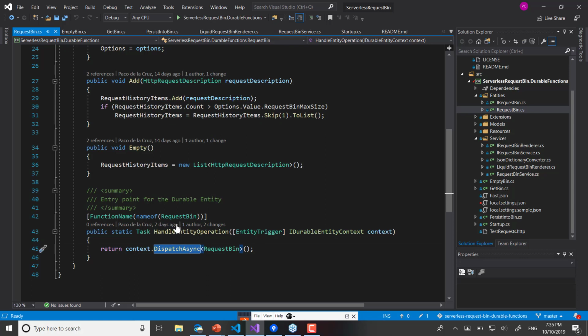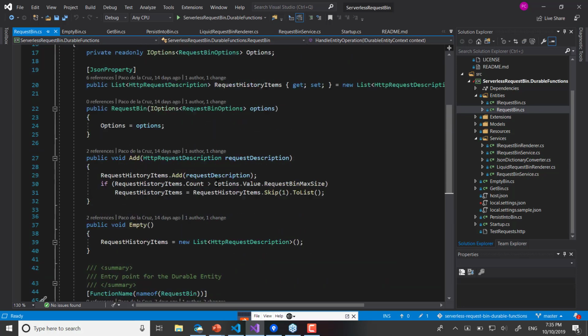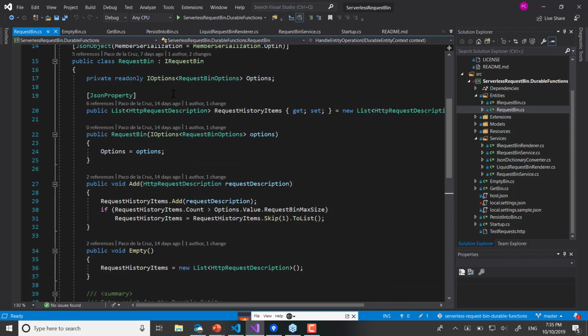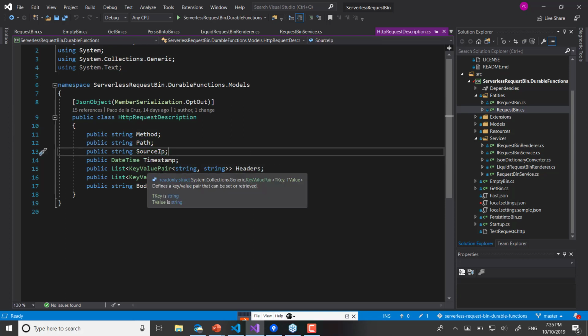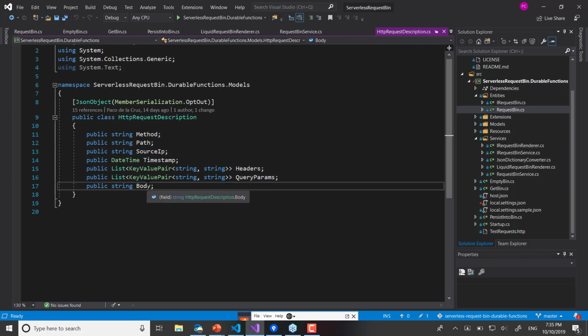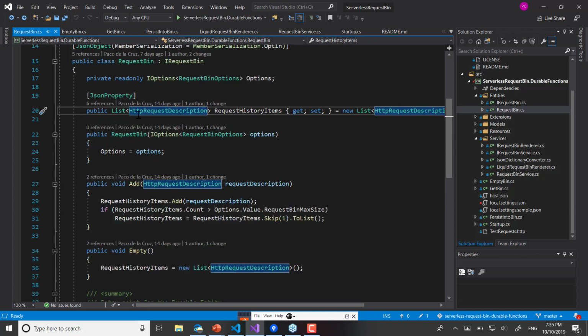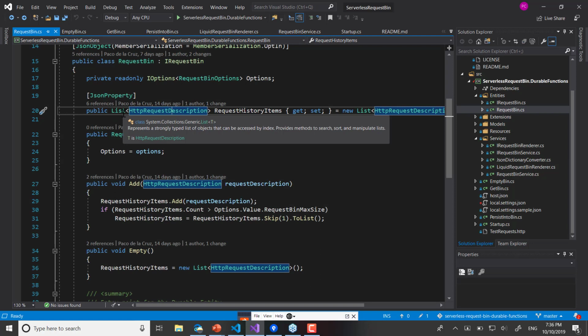Very, very simple. We just need to return the context. And we define how we're going to persist the state. In this case, it's just a list of this model. So I can show you what I have in my model. I'm storing the method of my request, the path of my request, the source IP, the timestamp, a key value pair for my headers, and a key value pair for the query params, and then just the body as a string. Very simple. So my state is just a list of